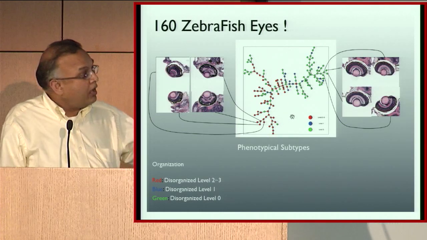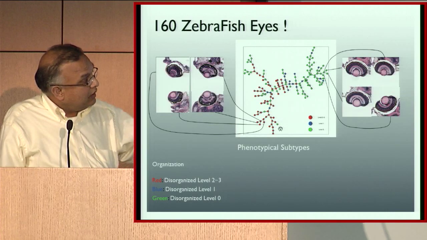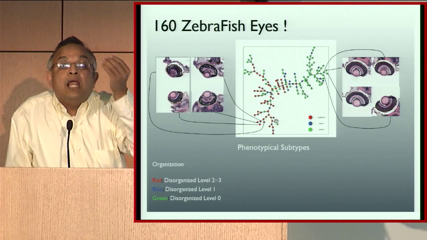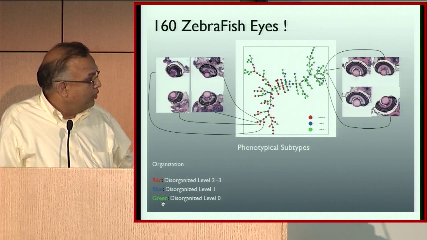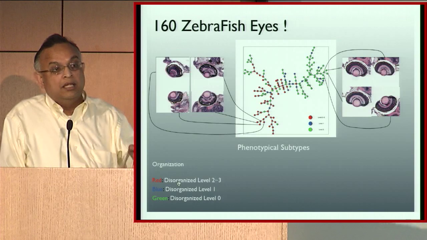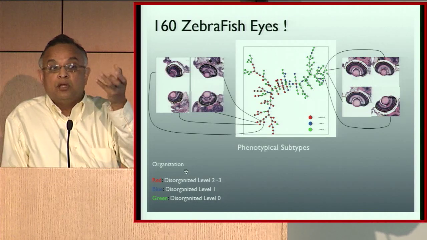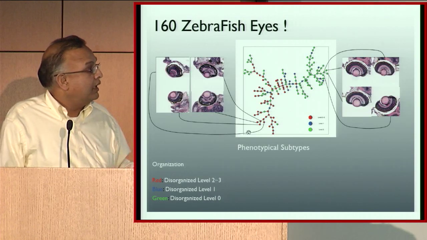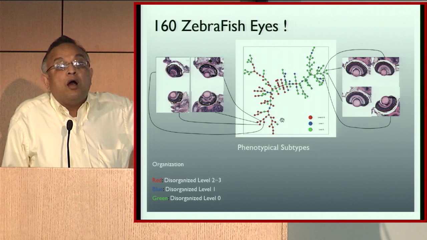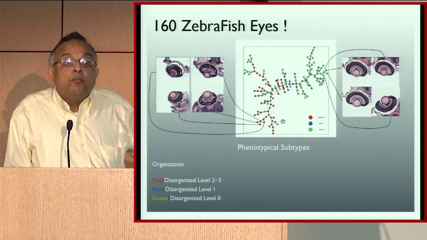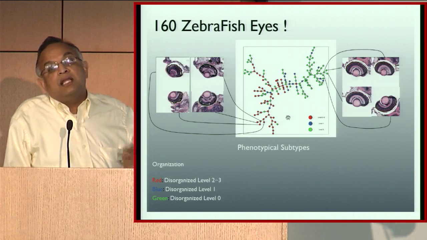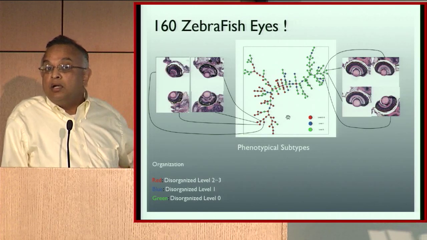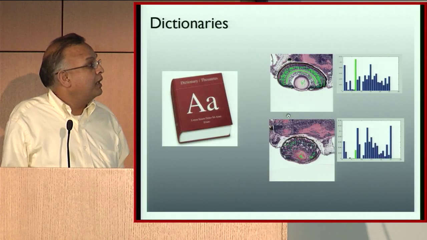Another thing we could also do with something like this is look at the labeling of pathologists. So what you see here as different colors, red, blue, green, these were the labels that a pathologist ascribed to the different samples. So you could see how good the pathologist was or how bad our feature estimation was. There are many, many things like that. So these kinds of trees can really help with large-scale phenotypical analysis.